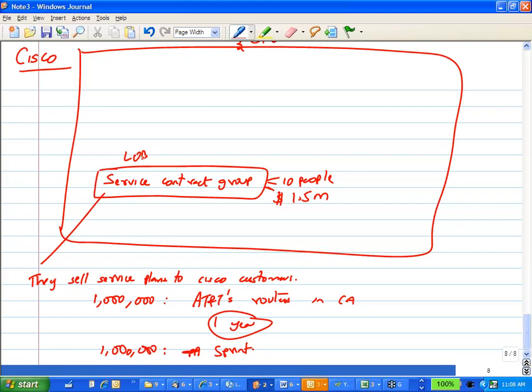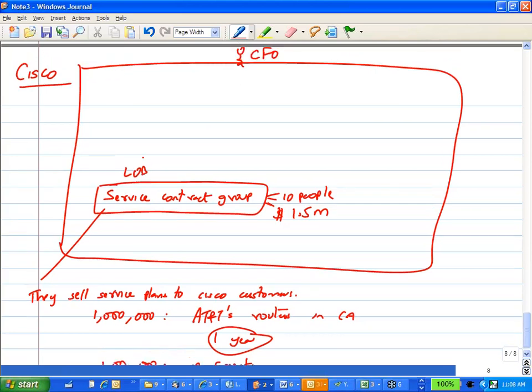And when cost cutting happens, this is what companies do. High-level management looks at each group and says, okay, let's see about this group. Maybe they want to shed